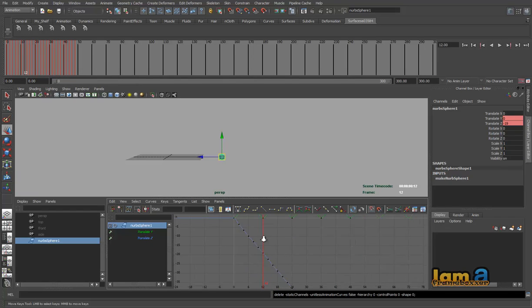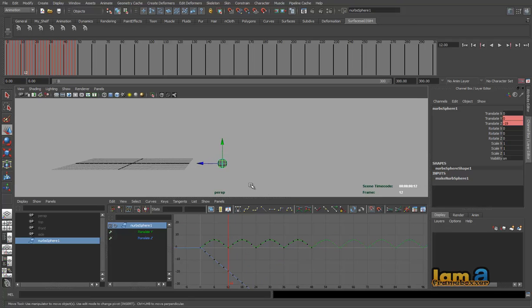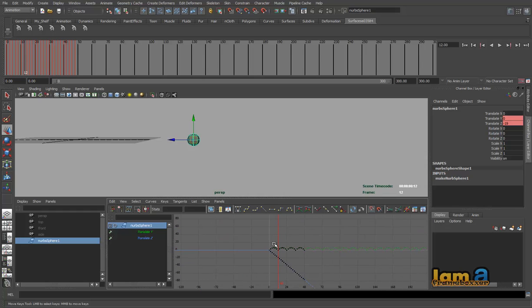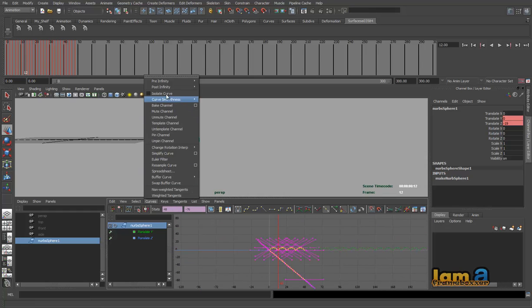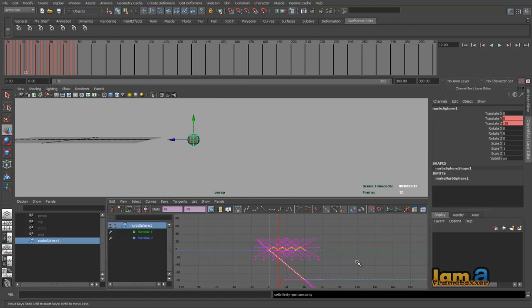Of course, these keys don't carry any importance here, but this is one of the quick ways to convert your infinity available for you. So if I just go there, go into curves, post infinity, and constant, then you made this available for you. This might be an object example, but imagine a situation where you have a walk cycle and you want to loop it 4 times. You want the character to walk forward 4 steps. It becomes quite handy and quick here. Of course, we can use this in many other different ways. This is one of the ways out there.